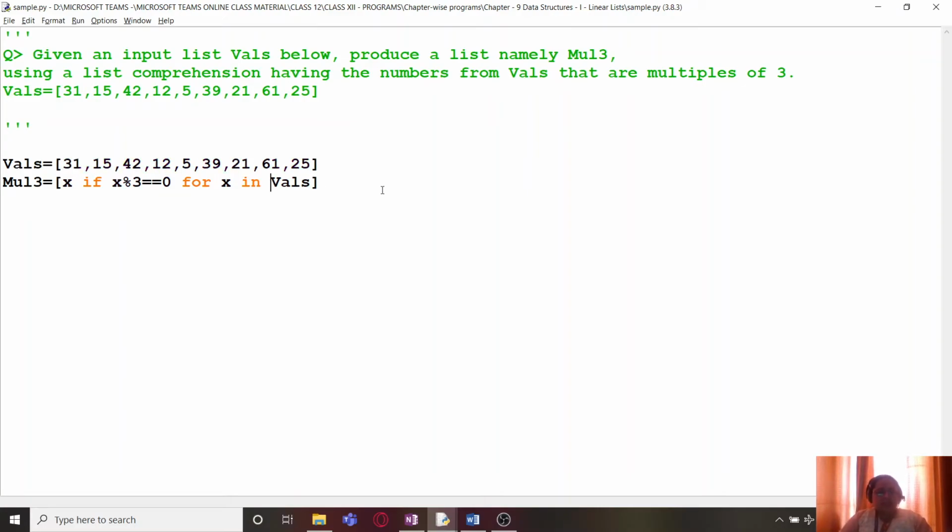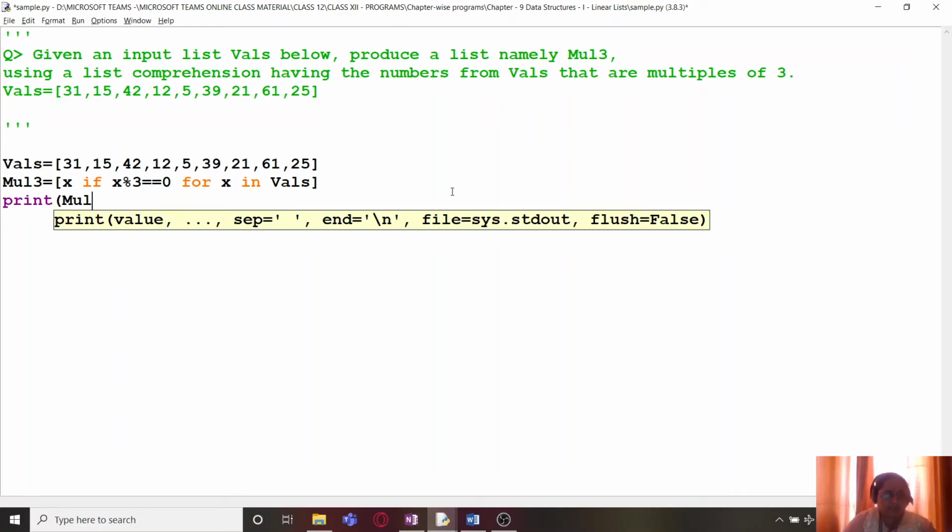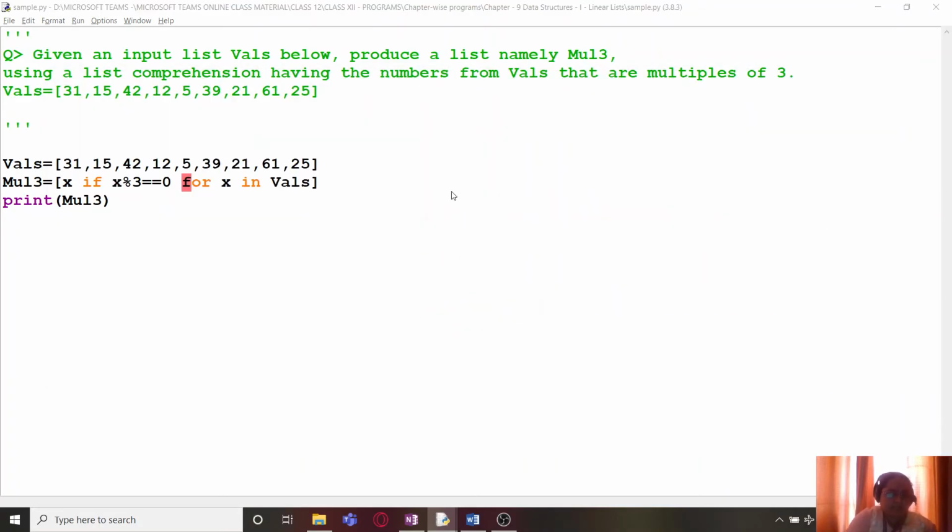So we can either use x as the index location element, or we can simply use this type of for loop, that is for item in collection. Print mul3, and we can print it.